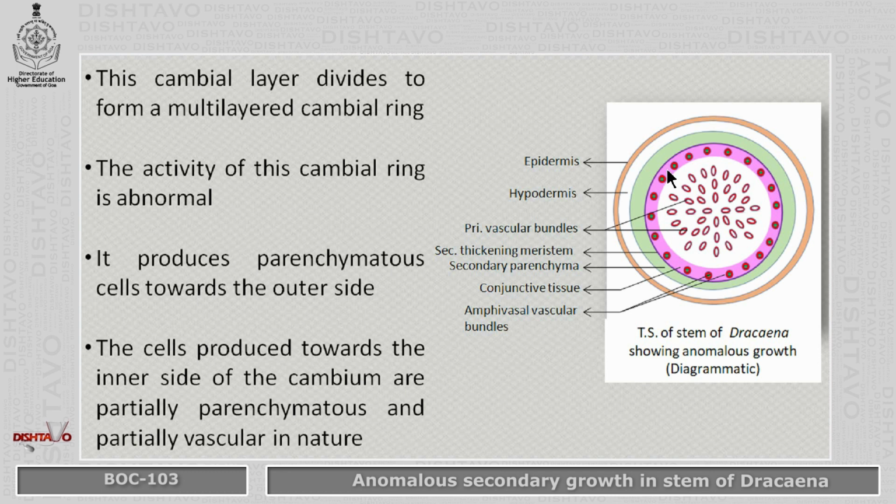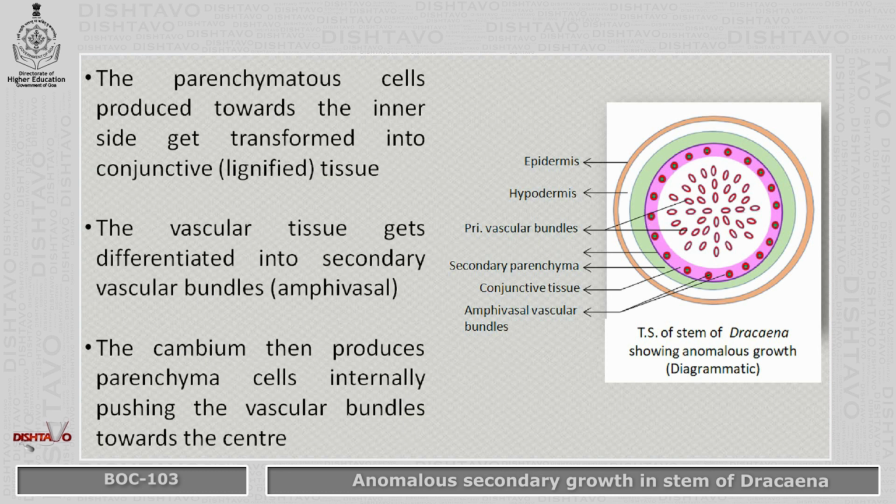The vascular tissue gets transformed into vascular bundles which are amphivasal in nature. Amphivasal means phloem tissue will be surrounded by xylem tissue. The partially formed parenchymatous tissue towards the inner side gets lignified and gets transformed into conjunctive tissue. The cambium then produces parenchyma towards the inner side and pushes the first ring of secondary vascular bundles towards the